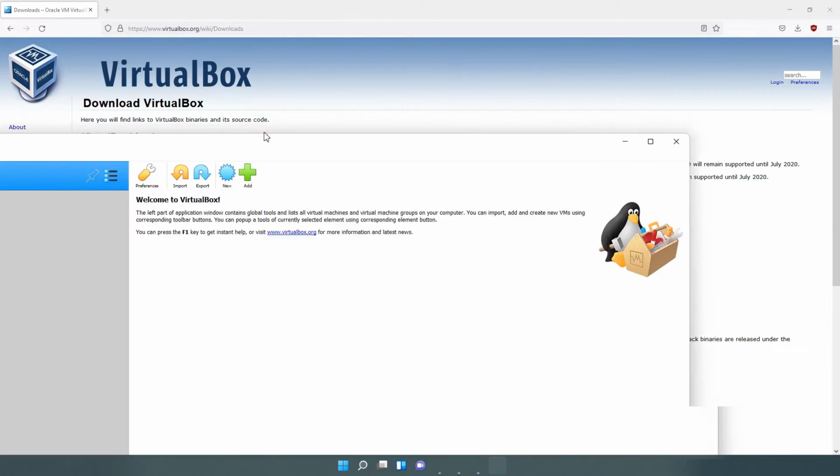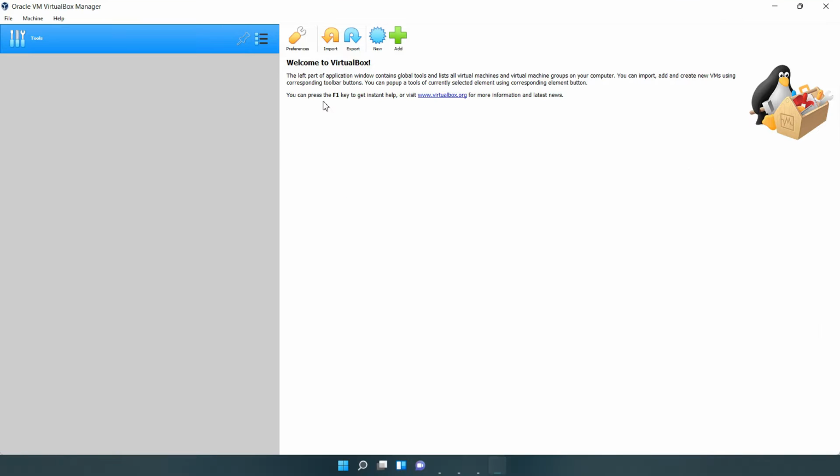So after you click on finish, it will open the Oracle VM VirtualBox Manager where you can add or import and export an operating system, any operating system, a Windows or a Linux, any operating system you can import and